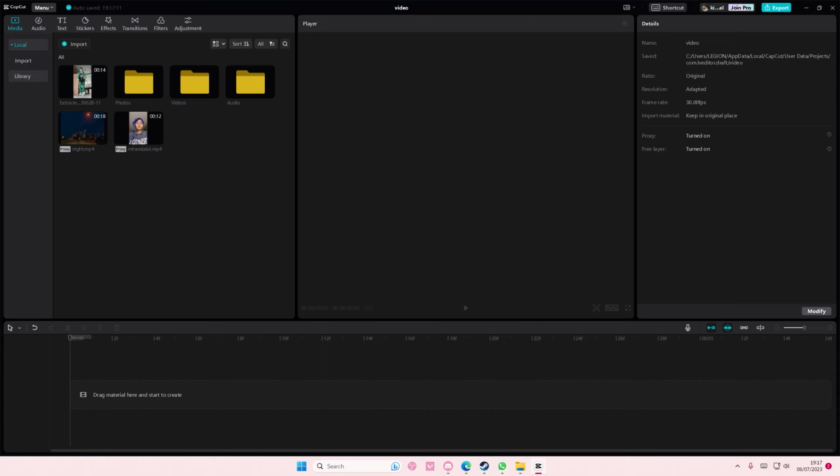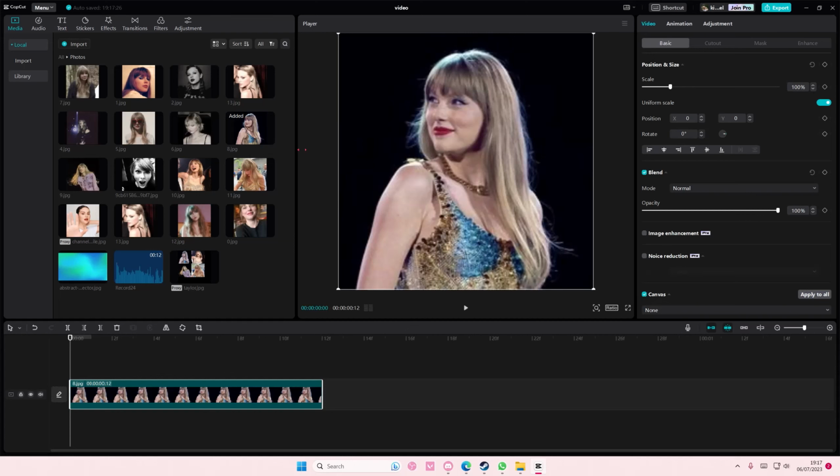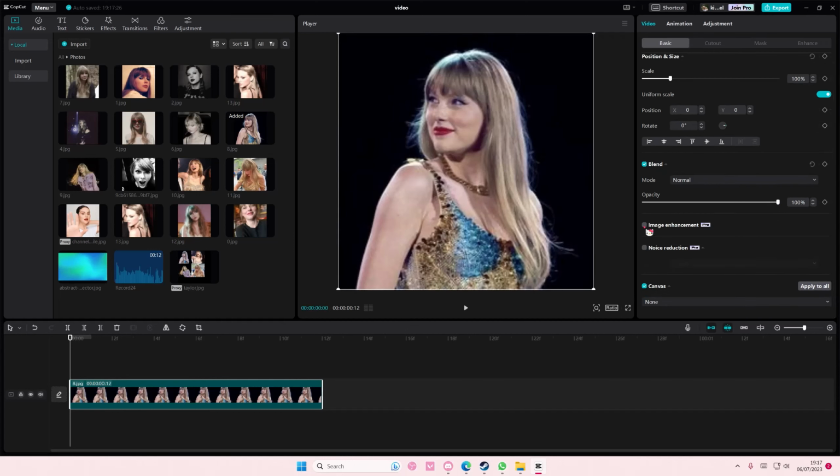In this video I'll be showing you guys how you can enhance all of your low quality images on CapCut PC. So go to, select the photos that you want to enhance, for instance like this one, and then in basic you're just going to select the image enhancement button, and it will enhance the image to be a higher quality. As you can see, it may not work for every image, but it does work for some,